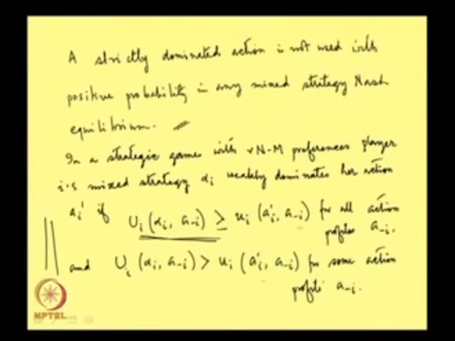Okay, now since we have seen this result that a strictly dominated action is not used with positive probability in a mixed strategy Nash equilibrium, this result can be used to solve games also, that a strictly dominated action is never played with any positive probability in Nash equilibrium. So, if I look at the following game,